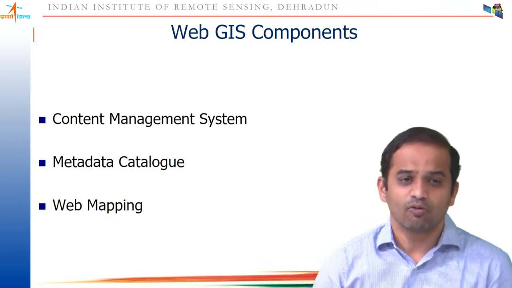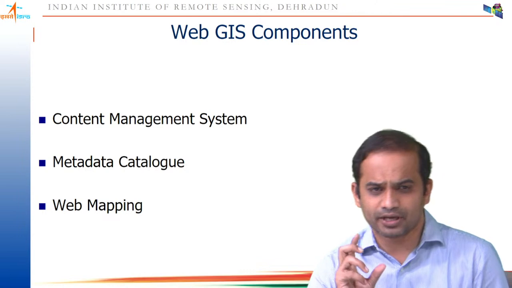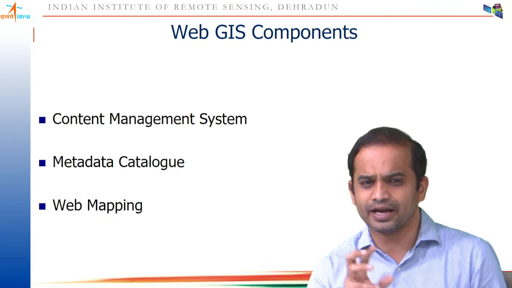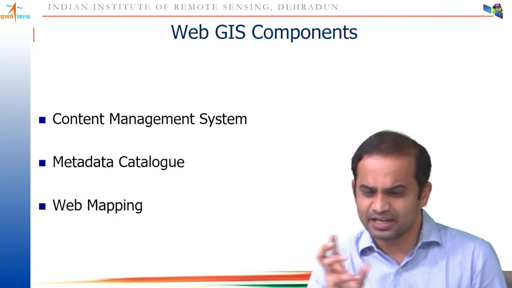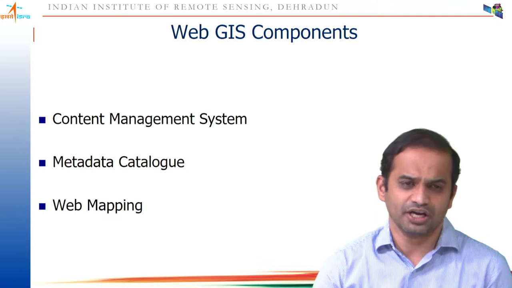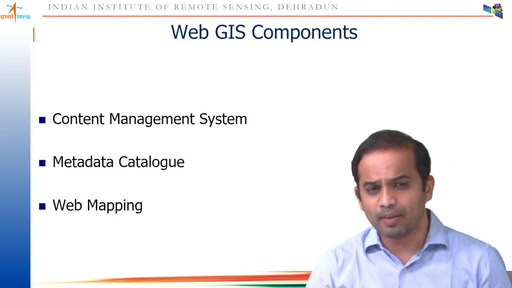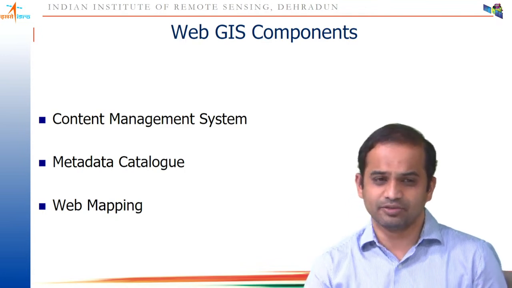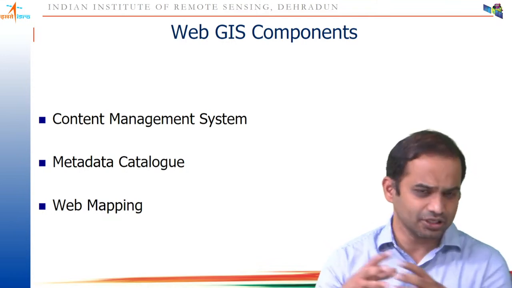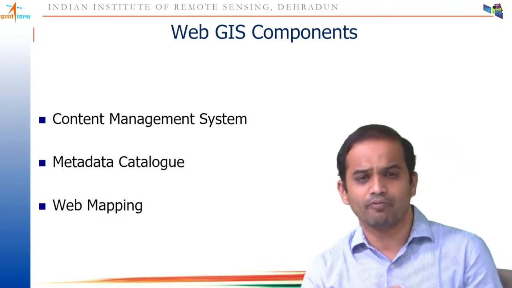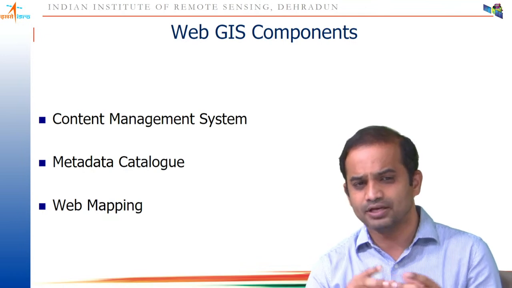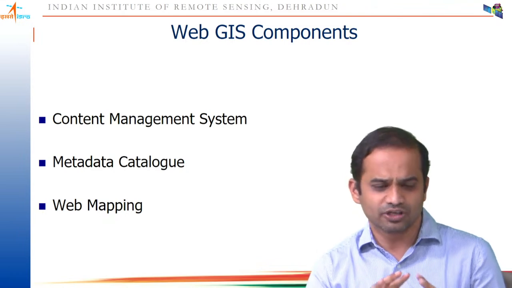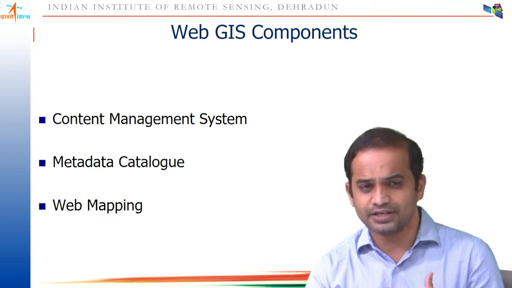And the third one is web mapping. In a web content management system, the map is not created by you, you just simply add a layer, and based on the CMS configuration maps are automatically generated. But sometimes you want to generate custom maps, publish a map, create data, add some legend, and at the same time something you want to do server side, something on the client side, and this is called web mapping, basically using maps for mapping. So mapping is not only visualization, but data creation, data editing, whatever you want to do, we call it web mapping. So these are three components,